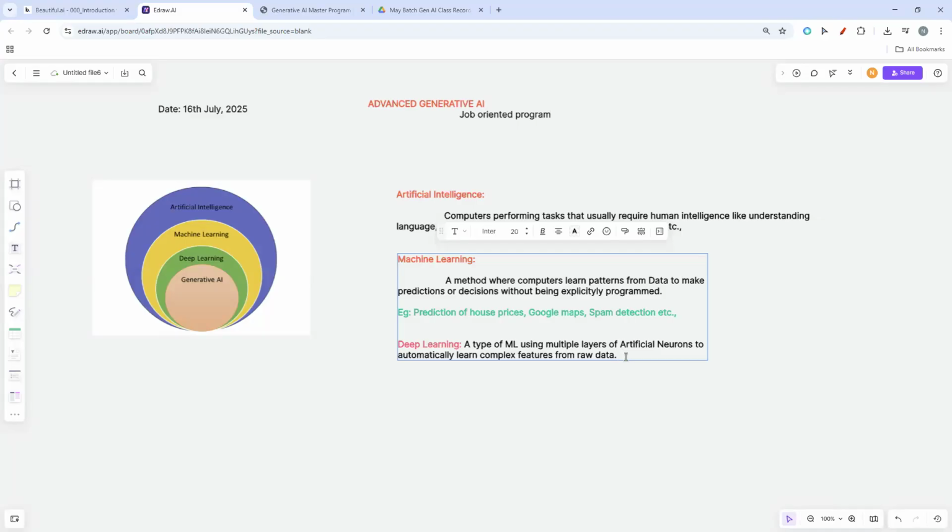Even house predictions and the other things I kept here can be done easily by deep learning neural networks, which is a type of machine learning itself. They use artificial neurons or artificial neural networks.